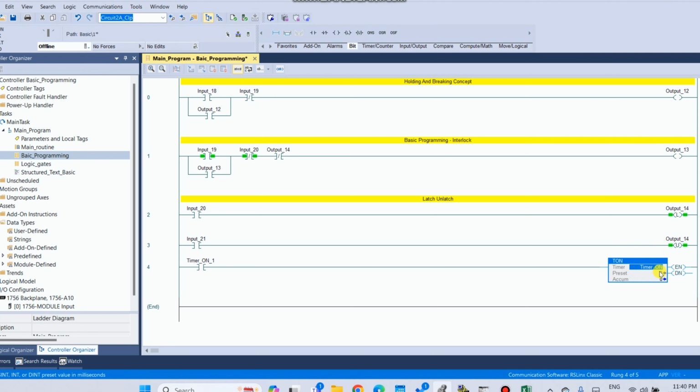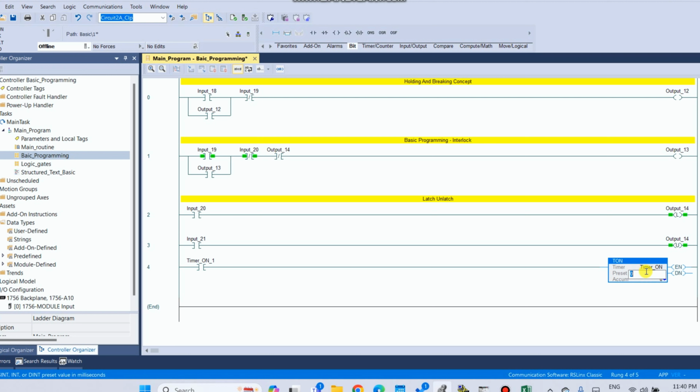It means that when the timer completes the timing after the preset value, the preset value is equal to the accumulator value, and at that time the timer done bit is on.